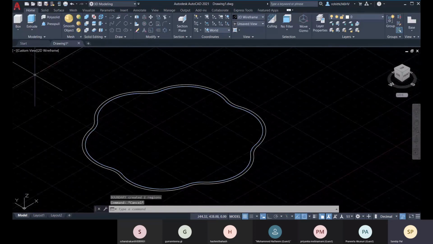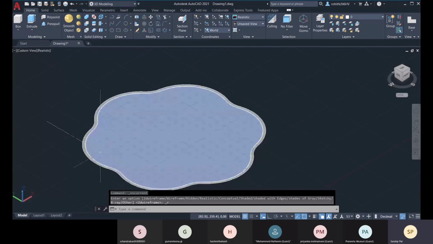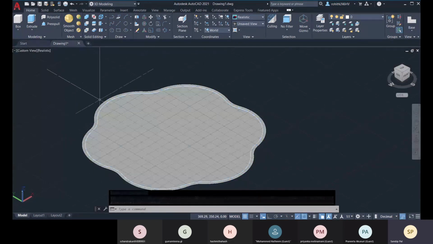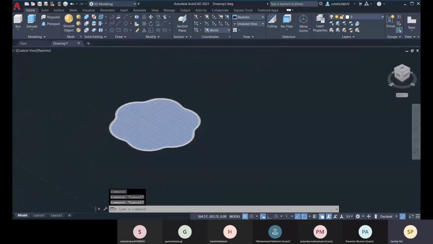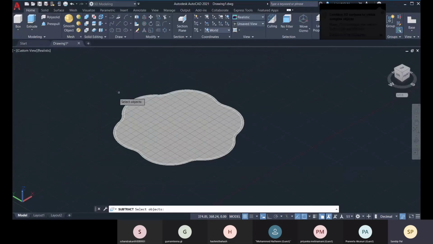This is one area. If you change this to realistic, there you can see one area is created with the region and another area is created with the region. So after that, you can go for the subtract option.